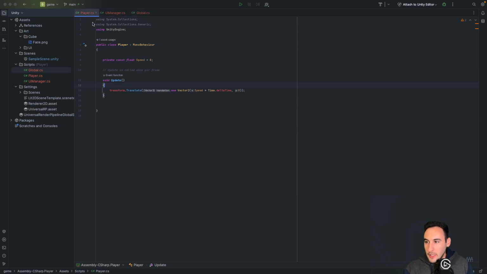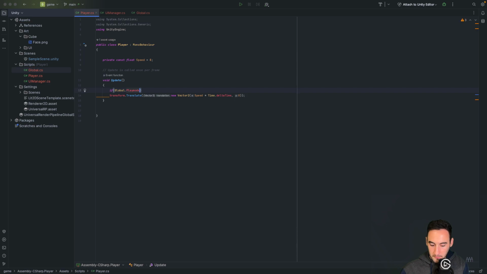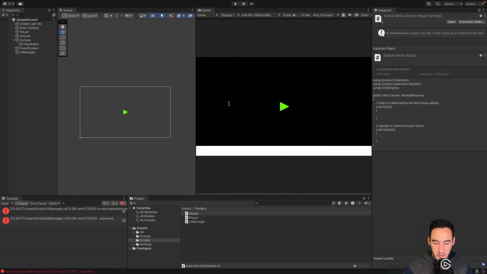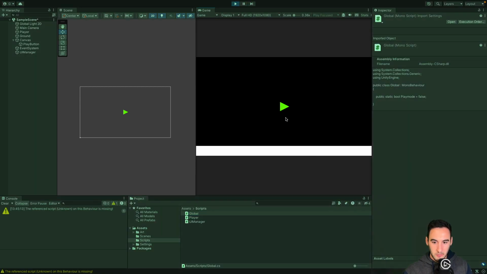And then in our player class here, rather than doing it where we were, we need to say if Global.playMode is equal to true, so if that's true, then we can do this. Else, just don't do anything. So let's see if that works. Hopefully that does work, because I'm kind of confused. Let's see, play mode. Our player should not be moving. Now, if I press that,